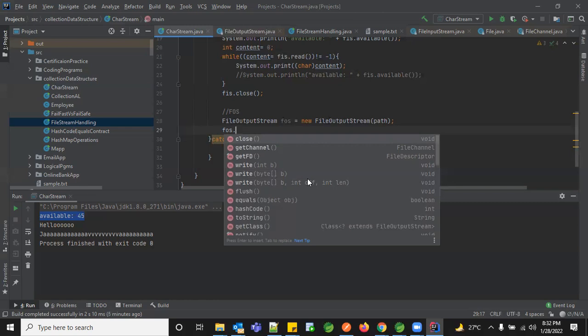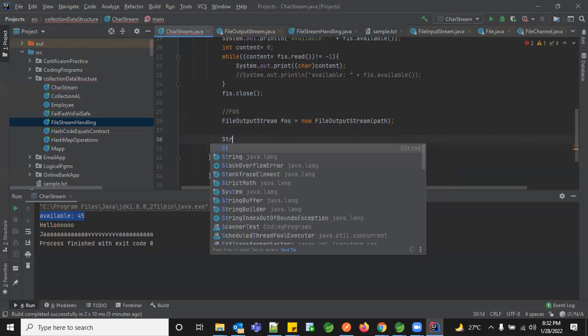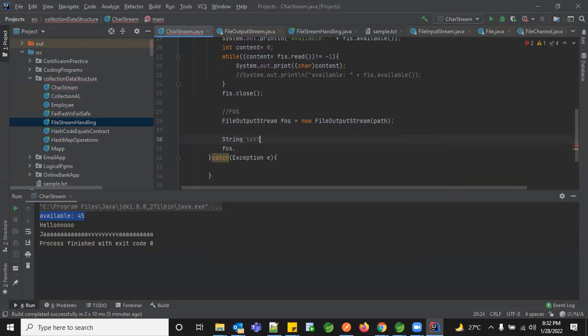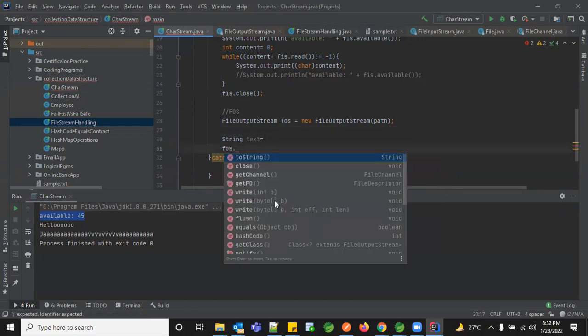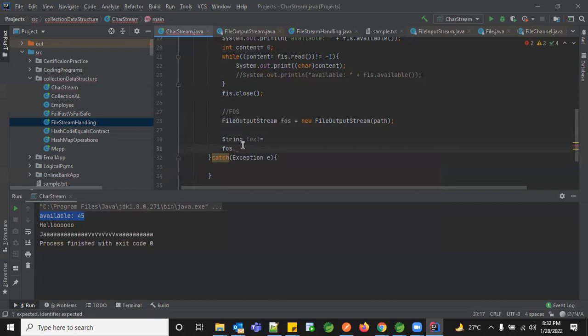So I'll create a string here. We can add the entire string and then convert it into bytes itself, because all your write methods, if you see, are expecting a byte array. Whether you pass your length and offset and everything, it's expecting a byte array. So instead of using the byte array directly, I'm going to give my text.